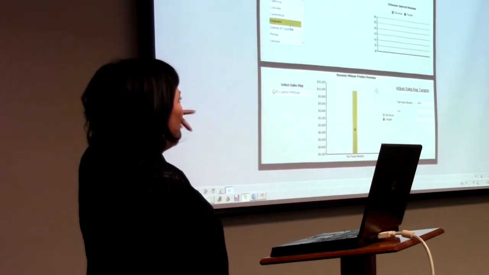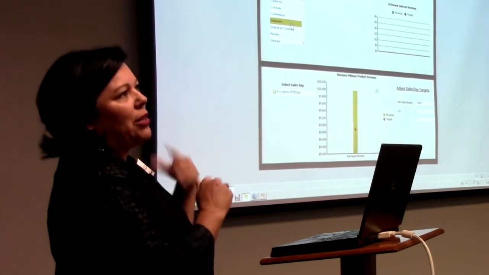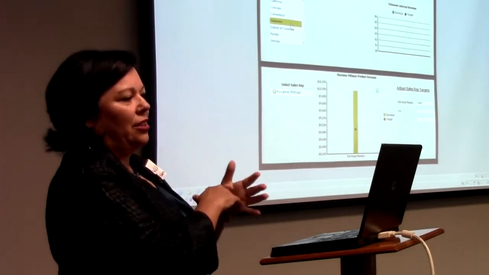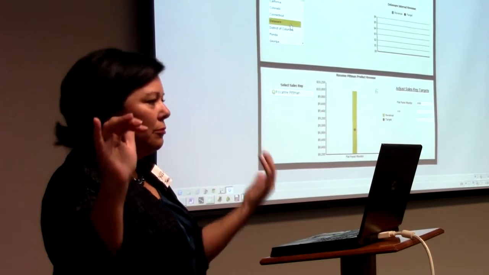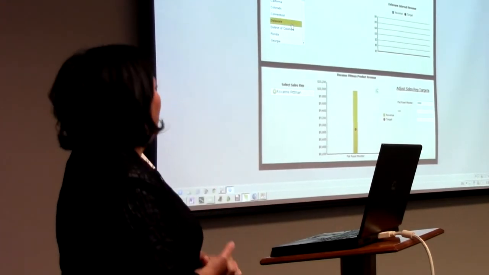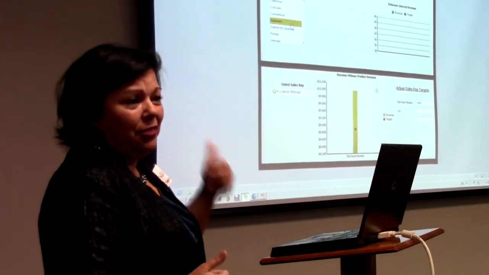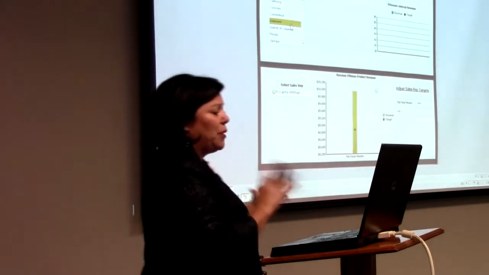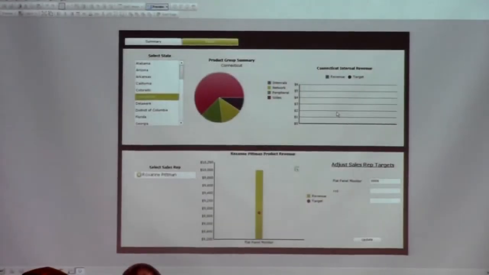So you would have to go back to your universe and probably create a duplicate object and create a join to your revenue table and how that's derived so that you could get distinct values here. So that could be problematic in the future. Okay? All right, this next chart,